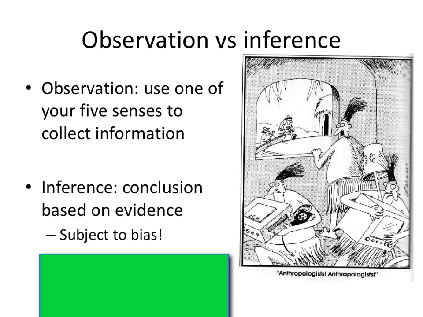So for example, you look at our comic over here, right, anthropologists are coming. An anthropologist is a scientist that studies cultures of people, right? These guys are obviously all running to hide their technology. Well, in 10 minutes, these anthropologists are going to come through these huts, and they're not going to see any of this technology, right? Their observation is going to be no technology. Their inference is going to be that this is a primitive culture, right? Inference based on their bias. Lack of technology means that they're not very advanced. But obviously, like we said, you're never 100% sure. They didn't know that these guys ran and hid everything, and they actually are quite advanced, and you're just tricking them. But anyway.